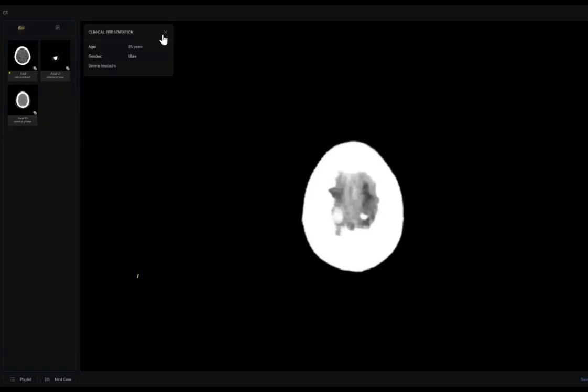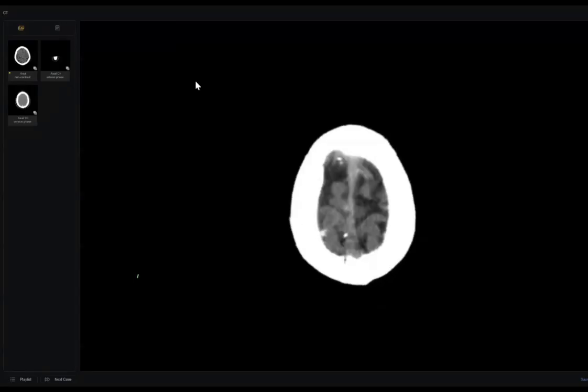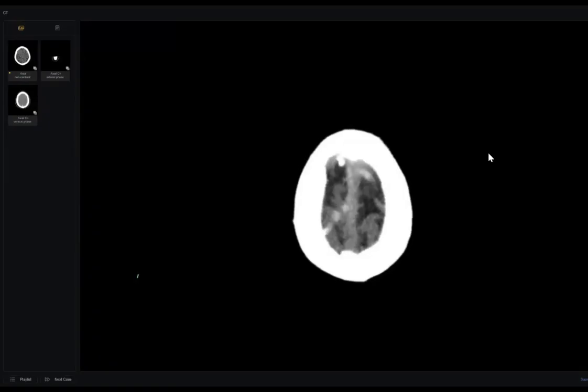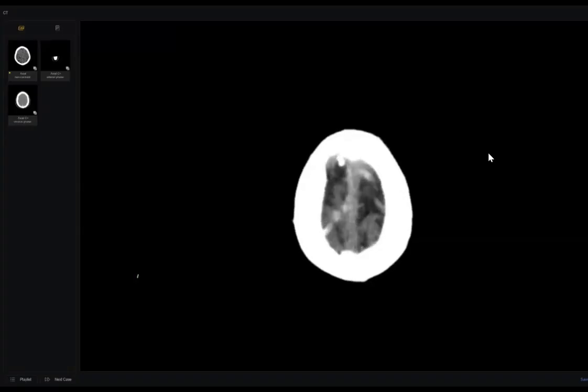This is an 85-year-old male patient presented with severe headache. Use the arrow, please, if you can. Okay, sir. I think now it is scrolling. Okay. So this is CT brain